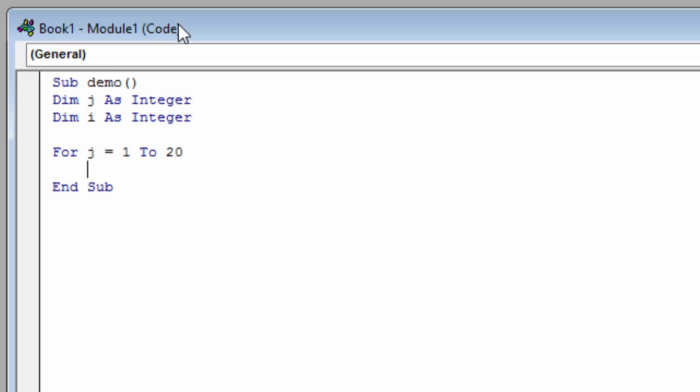and especially in loops, whether it's a for next loop or a do while loop, it's not necessary, but it's nice to use proper indentation when you're using code because it just makes it a lot easier to read. That's why this next line is going to be indented in one. So for I is equal to 1 to 20 as well, and then we're going to say